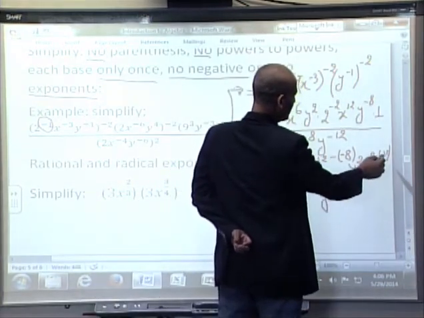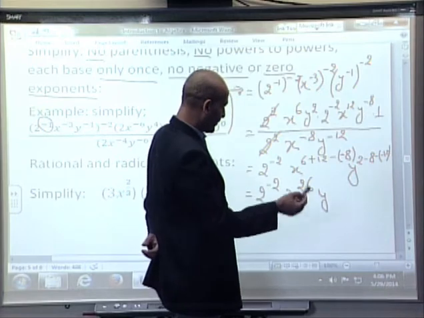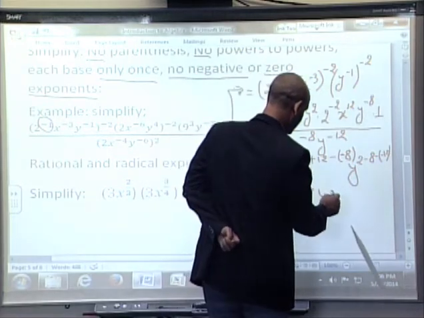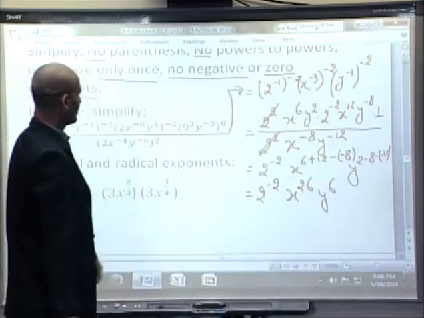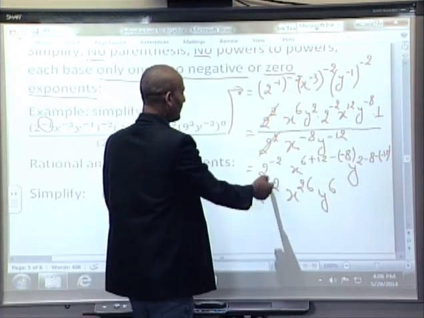2 minus 8 plus 12. Minus and minus, plus. So 2 and 12 is 14, 14 minus 8 is 6. Everything looks fine. Negative 8 to negative 8, positive 12. So that sounds okay. Everything looks okay except